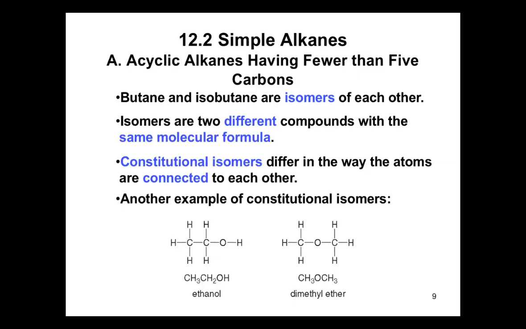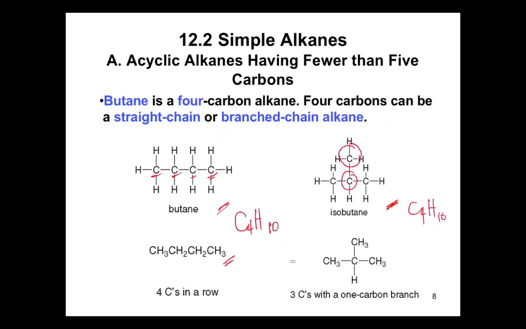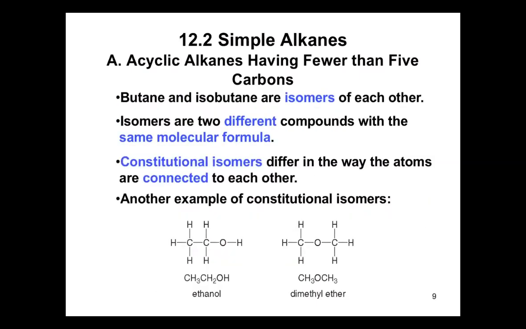As going back muna sa butane, di ba, these two, yung butane at saka isobutane, they are belonging to the same functional group, which is alkane. Okay, or the same type of compound, type of organic compound. Pero there are also cases na yung constitutional isomers can also belong to different functional groups, such as this example, yung ethanol at saka dimethyl ether. Okay? So why are they constitutional isomers? You have to see the molecular formula.